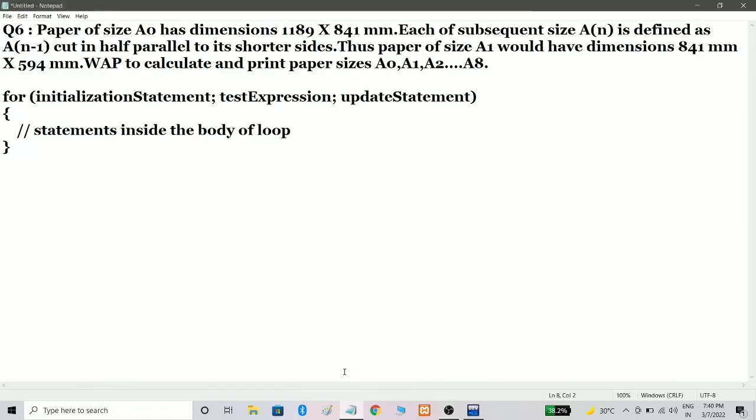So moving on towards the next question of this series. This is question number 6. So let's just read this question. Okay, so it looks like a big problem, but when you solve it, you will say, oh, such a simple problem. So let's start with the question, that is, the paper of size A0 has dimensions this,